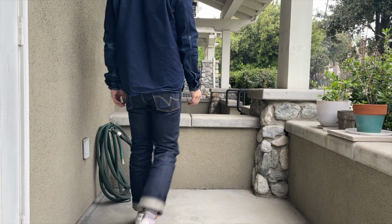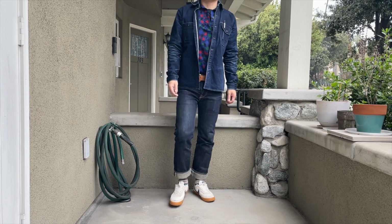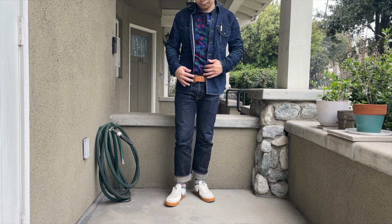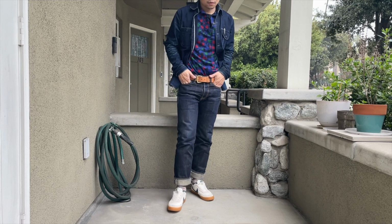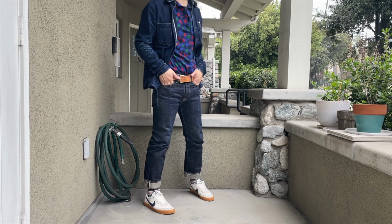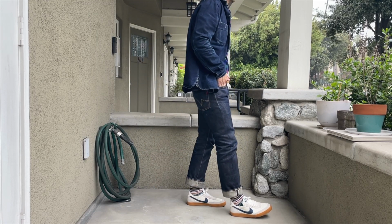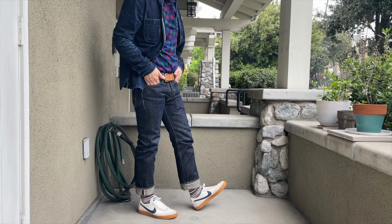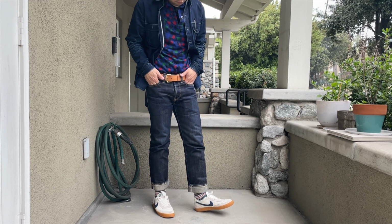For the next outfit, I put together a fit for the vintage top that I picked up. This one was fun to match. I wore my Ironheart 666 25-ounce denim along with my RGT ISC work shirt layered over the vintage top. I decided to tuck in the top for a more business casual look and also to show off the Tanner Goods belt,